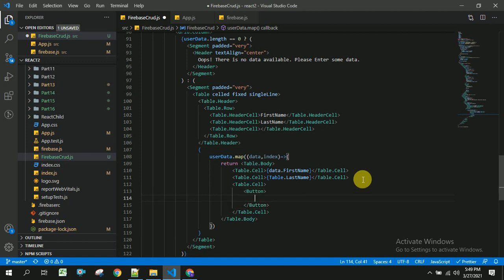One is for update operation and the other is for delete operation.